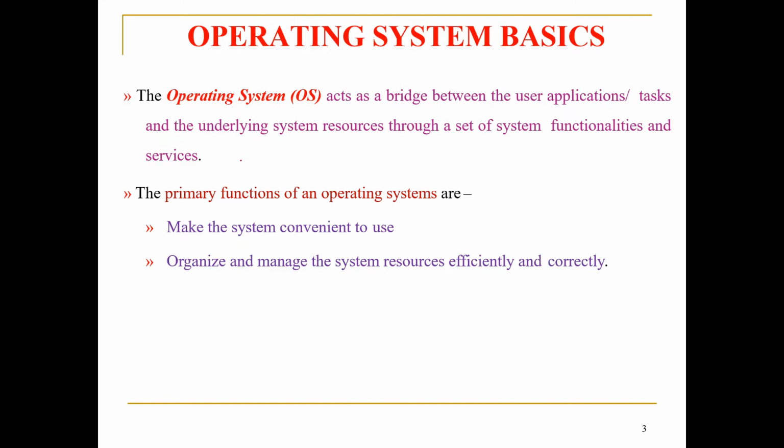So, you want a particular task to be done. In order to perform that task, you would have kept a lot of hardware components in the embedded system. This operating system acts as a bridge between the task that has to be performed and the way in which the task is performed by the hardware components that the designer has kept in the embedded system, through a set of rules, protocols or programs. So what are the primary functions of an operating system in an embedded system?